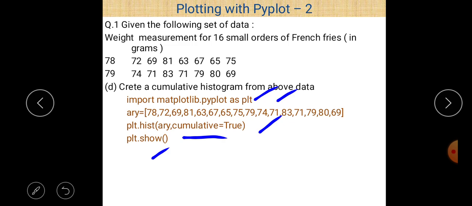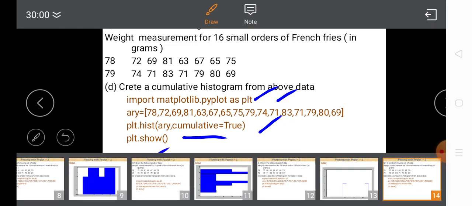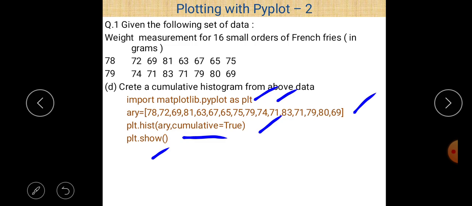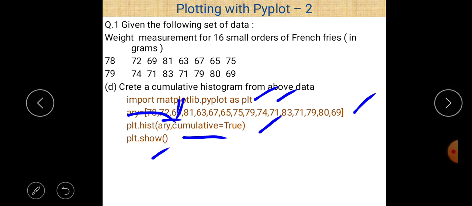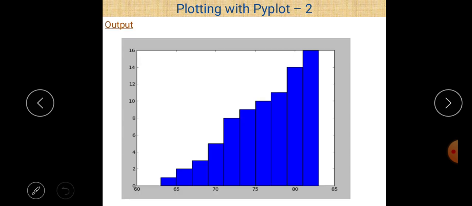Import matplotlib.pyplot as plt as usual. Then declaration of a list here, and this list is a parameter value of the hist method, and finally plt.show. The main thing is cumulative is equal to true is given because according to the question we have to create a cumulative histogram from the above data.